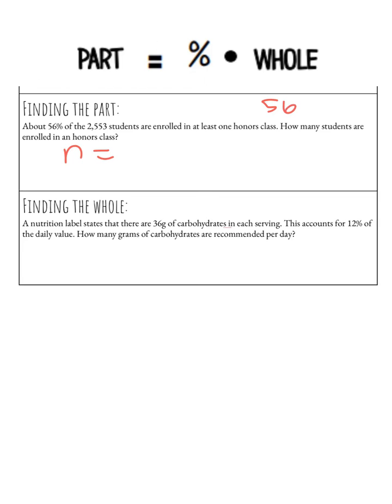And remember to change your 56% to a decimal. So I'm going to add my decimal at the end of 56 and move it 2 places to the left, which would give us 0.56. And I'm going to multiply that by the whole. And the whole would be the number of students enrolled in honors classes. And that was 2,553. So now all you have to do from this point is say 0.56 times 2,553. And that is going to give us that n is equal to